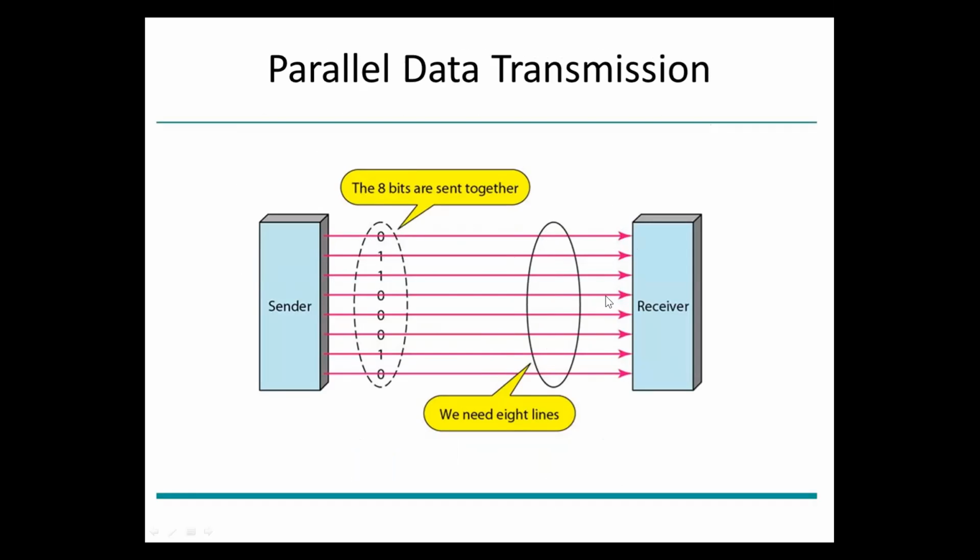So this is much faster. The cost is it's much more expensive to convey an 8-line data channel from the sender to receiver. So you see this a lot in close-up peripherals and